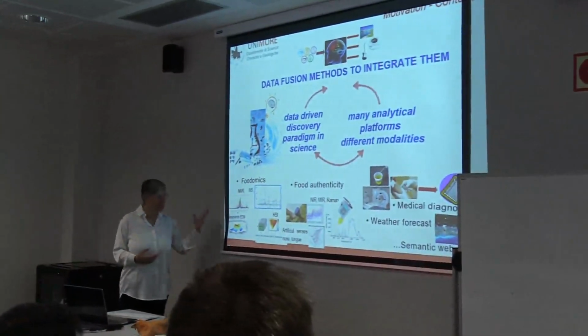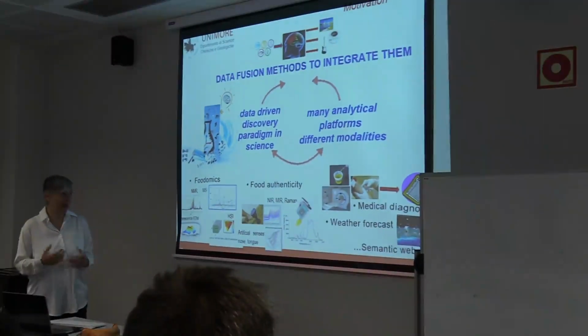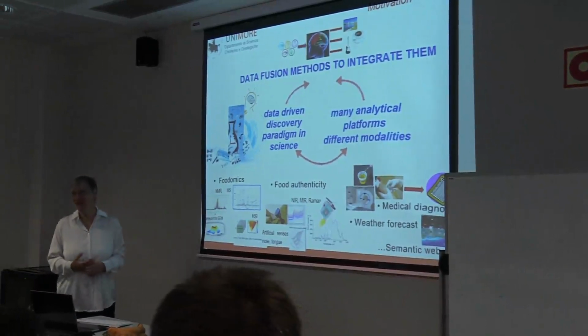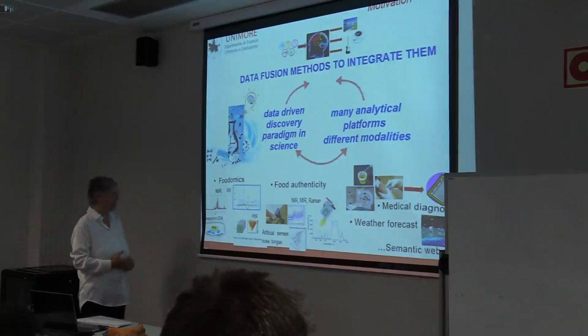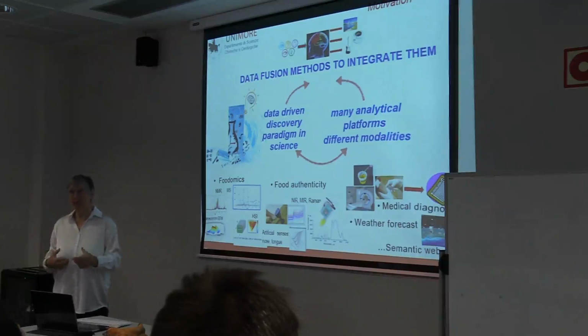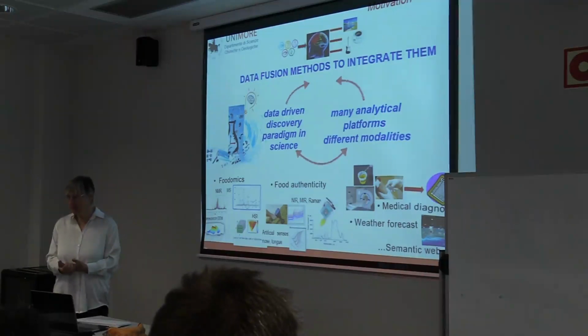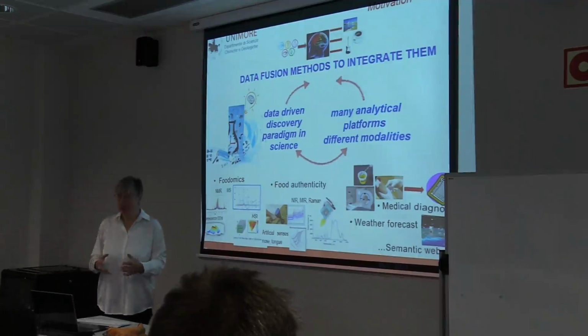We want to study foods, we want to study a tissue or a patient, we want to study the weather. Nowadays this is a really important question. We want to study the environment, we want to study maths or whatever. So in this case, our approach is that probably we do not know a priori which is the best instrumentation to really understand and cope with our system. So one idea of using many is that we do not know a priori which is the best one.